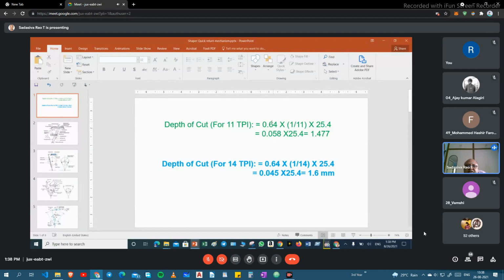This is constant in the industry: 0.64 into 1 by 11 into the conversion 25.4, so it gives 1.477. And for the 14 TPI, it comes 1.6.